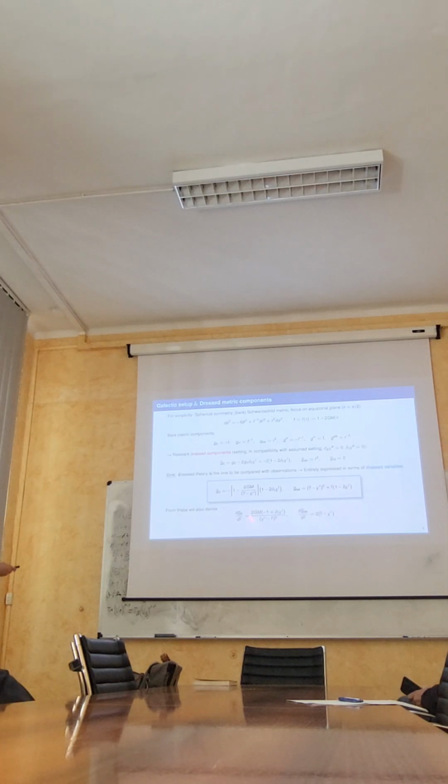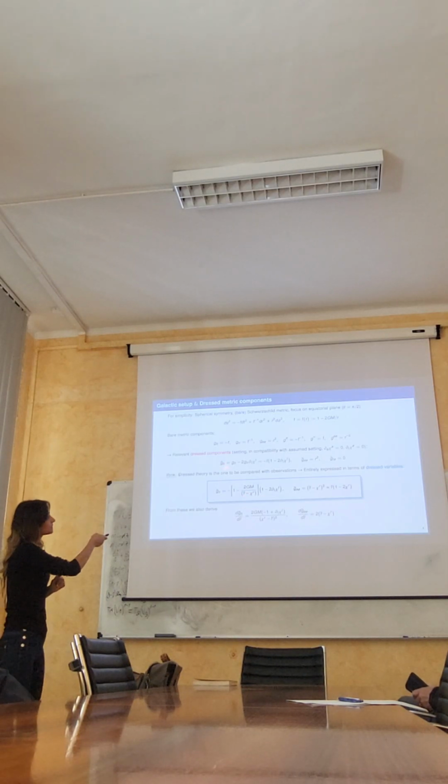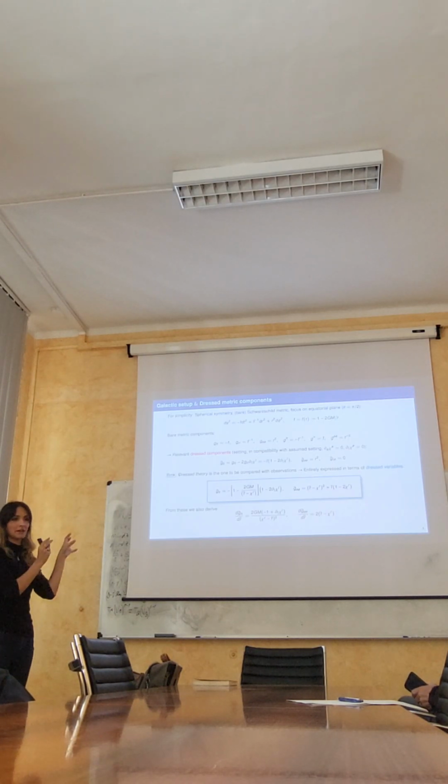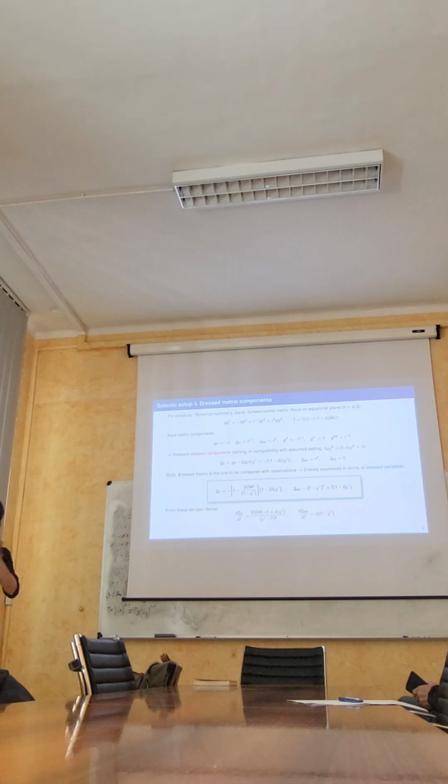And so what we get is this. This is the dressed theory, the dressed metric, the components that are relevant to the analysis of the rotation curves. And we are going to compare these with observation. We will see how. So we first notice that these were the dressed components, but still written in terms of the bare ones, because when we do perturbation theory, we replace, and then we have, as in the formula that I showed you before, just an expression for this object. Then what you have to compare with observation, according to this paradigm, is the dressed theory. Therefore, we invert the formula and substitute everything to have it in terms of dressed objects